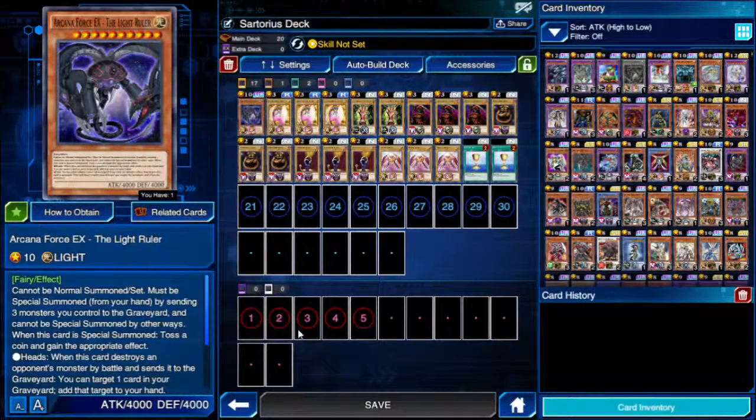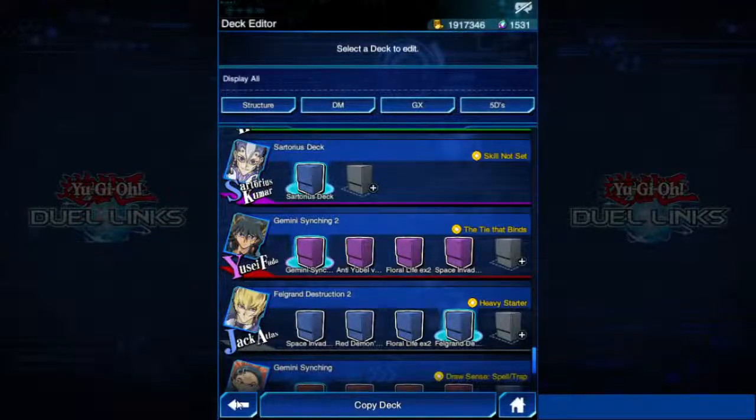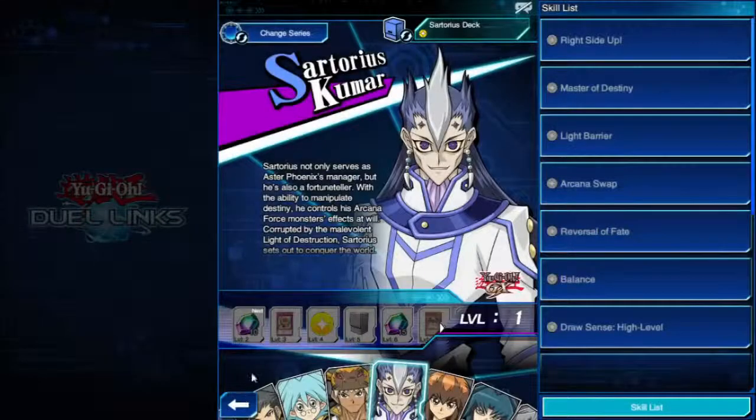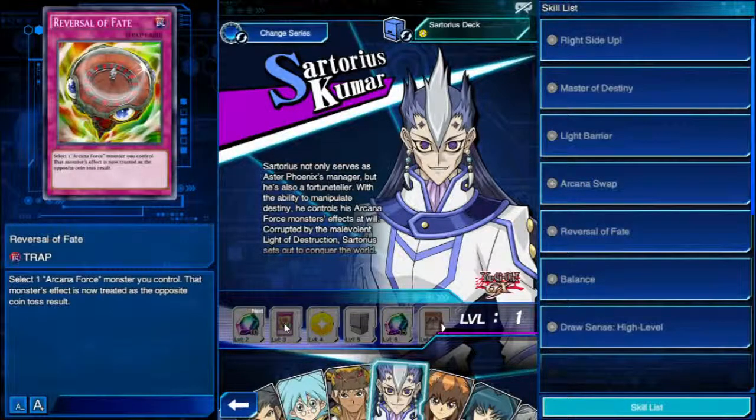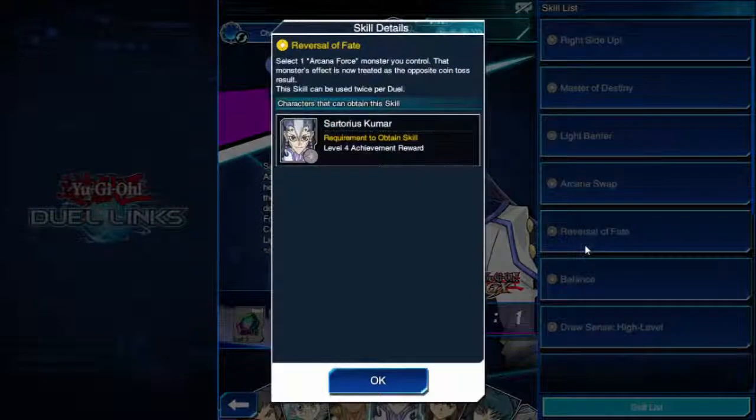So, yep, 1 copy guaranteed just by unlocking him, and then you get another one towards the end of the event. So, that's probably all that you need. Let's see, at level 3 you get a copy of his Reversal of Fate Trap. Very nice. Level 4 you get the Reversal of Fate skill, which says, select 1 Arcana Force monster you control. That monster's effect is now treated as the opposite coin toss result. This skill can be used twice per duel. Okay, so...